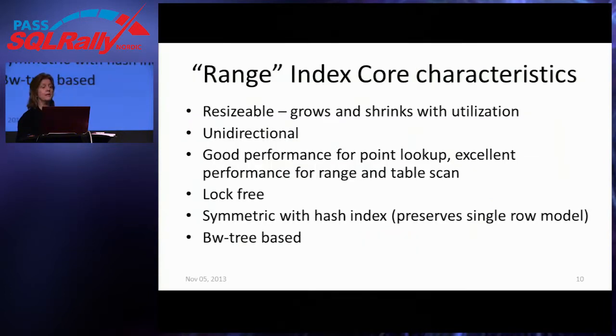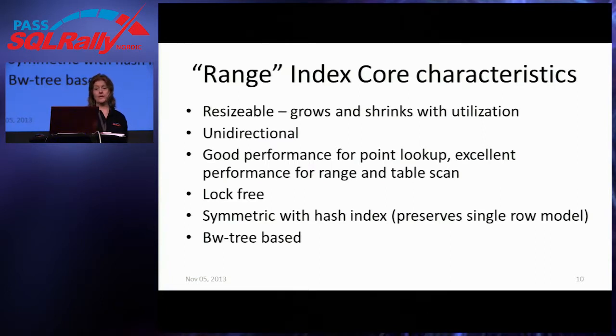I want to tell you a little bit more about range indexes, because this is what was new. Anybody who's just started to work with CTP2 or has only seen information based on the first CTP would not have had range indexes available. So range indexes don't have a fixed size like the number of hash buckets. They actually start out with 0 space required, and as you add more rows, the amount of space grows, and as rows are removed from the table, the size of the index can actually grow and shrink as you add and delete rows over time.